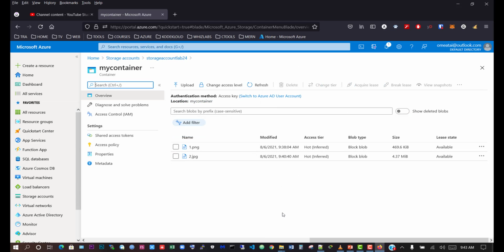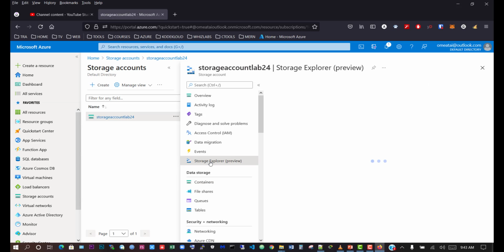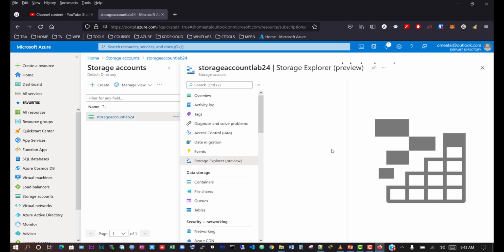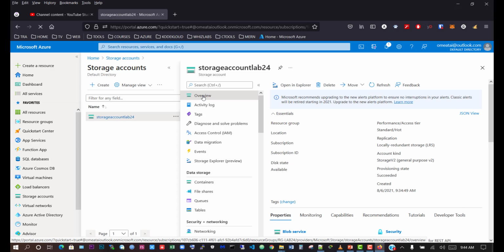So let me show you a better way to actually upload and download files. That's import and export in that sense. So we'll go back to storage accounts to view our storage account. So we can click that, and then we go to Storage Explorer. We can use that, which is within the Azure account, so you can view the block containers from here, and you can see my container. So click on that and you'll be able to view it here, or better still, we'll go out to overview